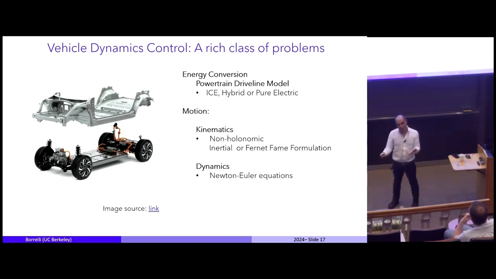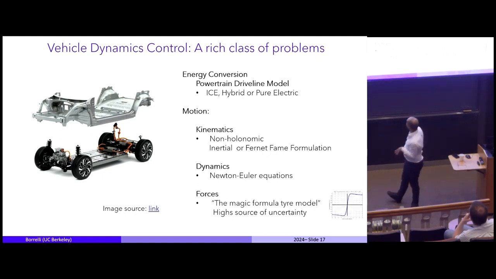What are the forces, how the vehicle moves? That's where you have Newton-Euler equations. Linear, if it's longitudinal, bilinear terms if you start having rotations and so on. Finally, what is the interaction between the ground and the wheels? And these are very complex, and this is really where the highest uncertainty comes in. Otherwise, these models are all well known. There are entire conferences on cars. You can even have entire conferences on tires. Okay? And a classical model, everybody knows, is called the magic formula, a piecewise linear behavior that's saturated and then